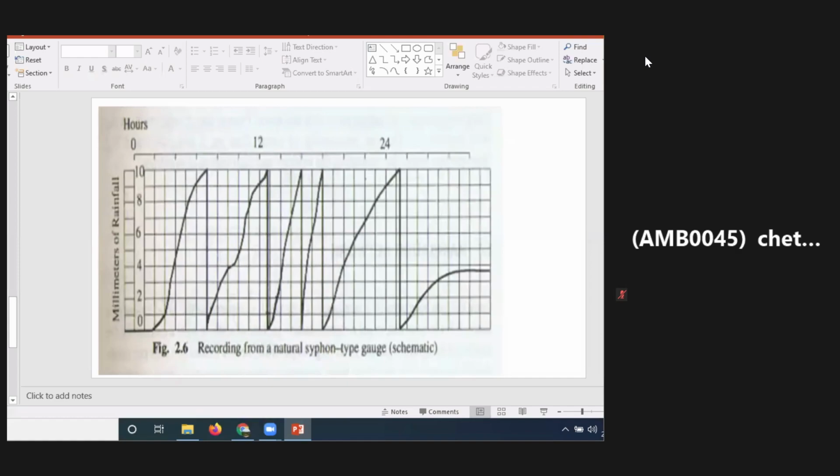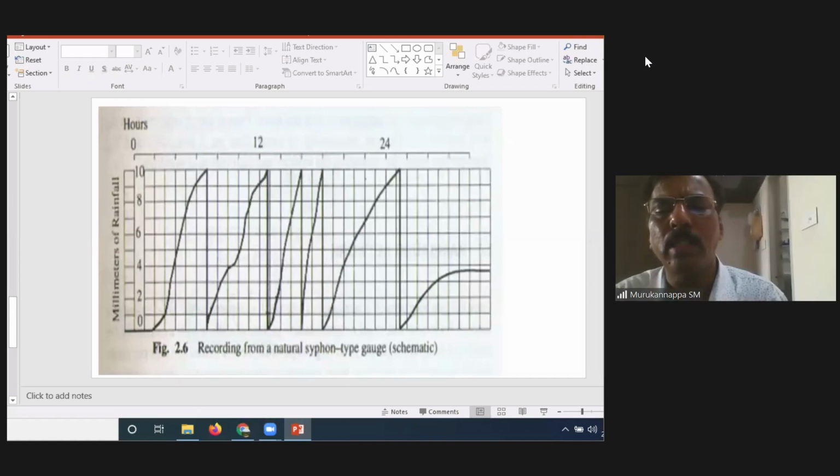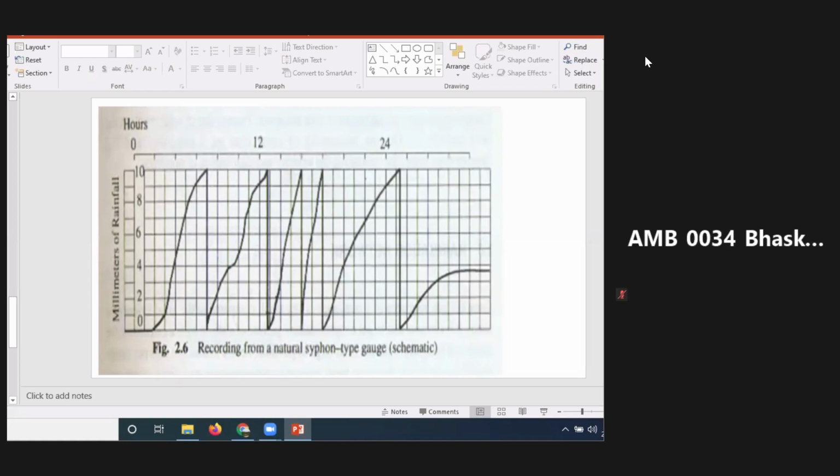So there is the starting time and also the ending. When the graph is at constant height, with no movement, that indicates the rain has stopped. Here after 24 hours, there is some increase in the depth of precipitation over a period of time, 1, 2 or 3 hours, then it will be constant. That means at that time the rain ceases, rain stops. Is it clear, all of you?